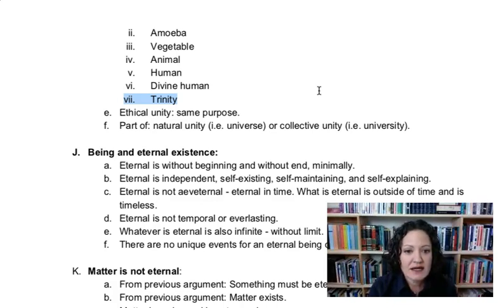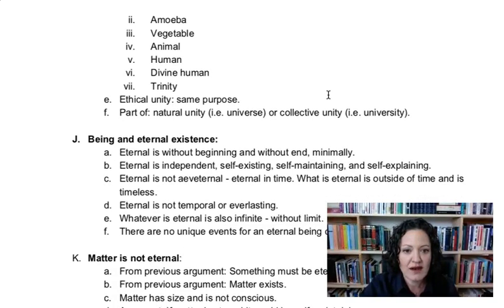And in the ontological Trinity, they talk about the Father is a father in relation to a son. So this is a relationship, father and son. You can't be a son without a father, and you can't have a father without the son. And then the Spirit proceeds from the Father and the Son. So you can do some research and look into that, but this is how some early church fathers and apologists used logic to discuss this application of unity and diversity, and showed that the dual nature of Christ and the Trinity are not logically contradictory.